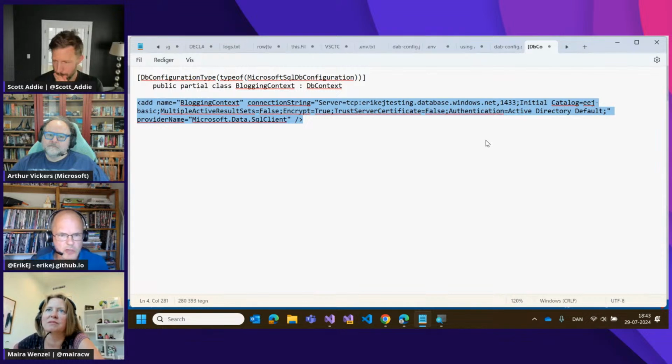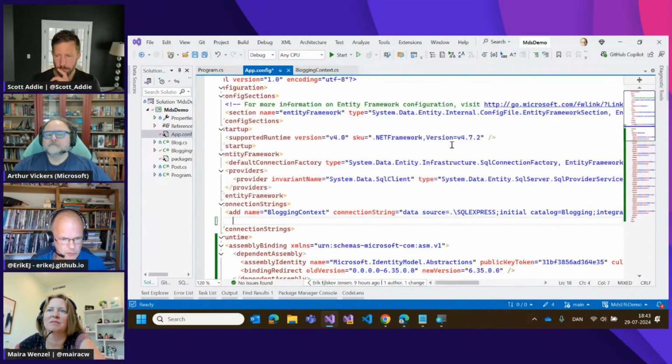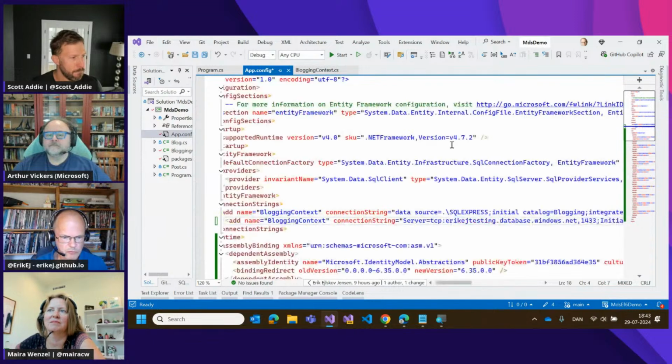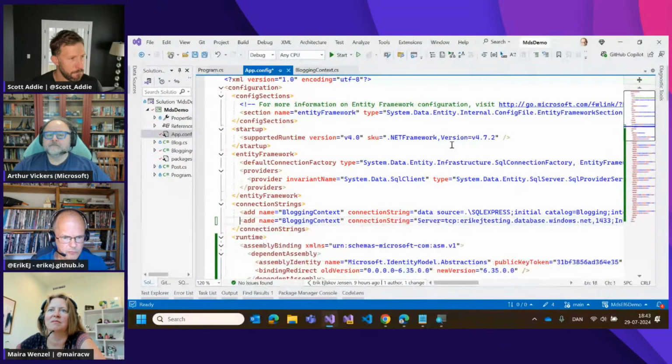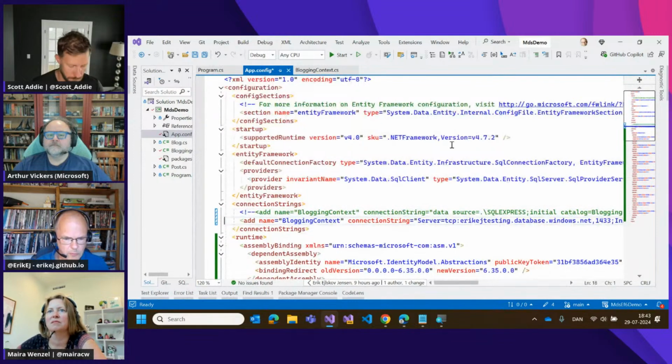So I'm going to change the configuration here to use this new connection string. Let's just comment out the other one. So I'm now working in a file called app.config, which was something you used in .NET Framework for configuring your application.